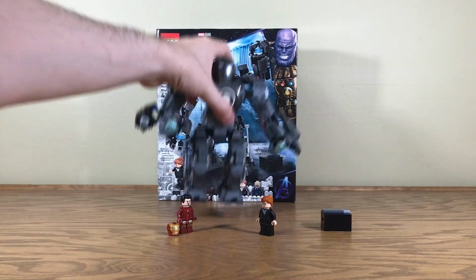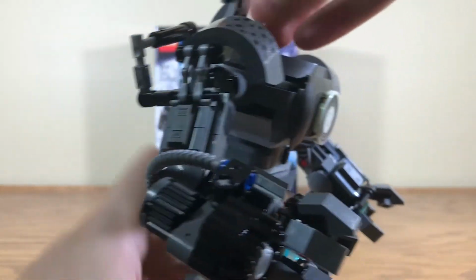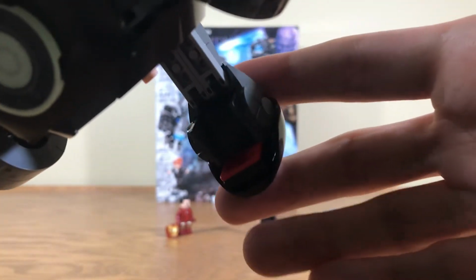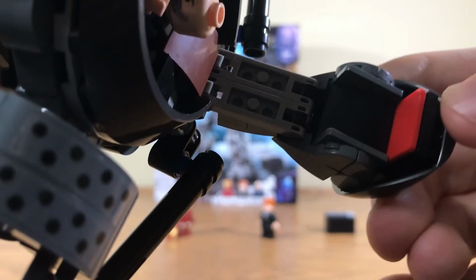And then finally, just as a final detail, talking about things that they didn't need to put in there, I don't know if they deliberately did this, but so you've got the cockpit here for Obadiah Stane to sit in, and then of course then the helmet comes down like so. But something that they did here is that they use a red piece. They use a red piece in there to help connect things, and